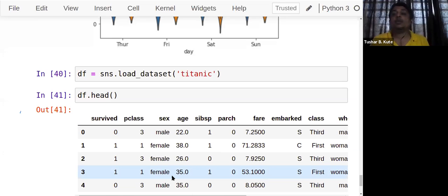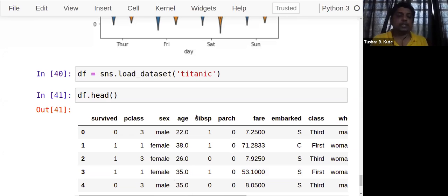Okay, and now we'll be using this data set to show the bars. Let's go for the bar plot for this. And it's a very interesting bar plot that we can plot over here. Very interesting bar plot that I can plot. So I want to plot male or female, sex, against survived, so that we will do with the help of the bar plot. Let's see first one by one.